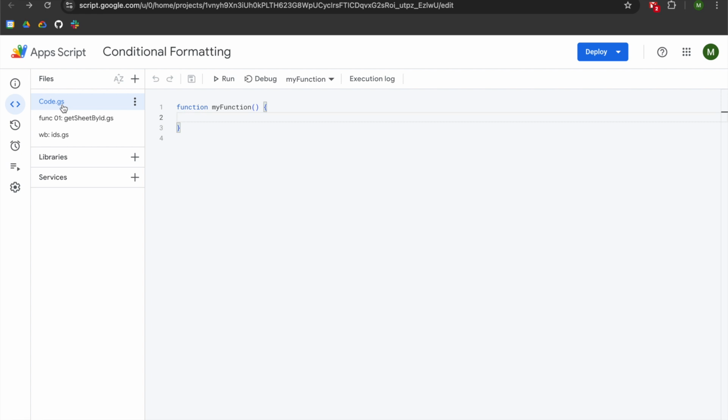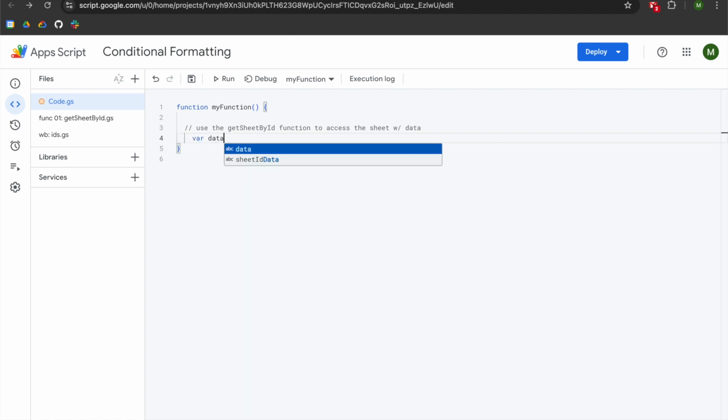Cool, so we're going to go to our code file now, and we are going to begin developing our primary logic. I'm on line 2. I'm going to hit enter once in order to be on line 3. I'm going to add 2 slashes for a comment, hit space, and say use the getSheetByID function to access the sheet with data. We're going to hit enter, and then hit tab. We're going to declare a variable called dataSheet, space, equal sign,